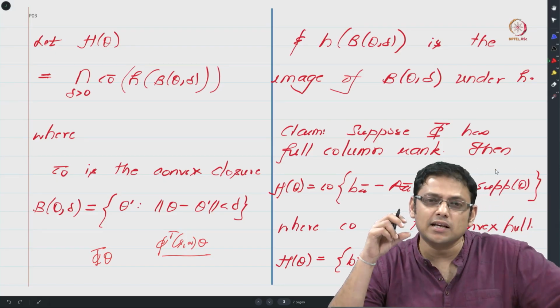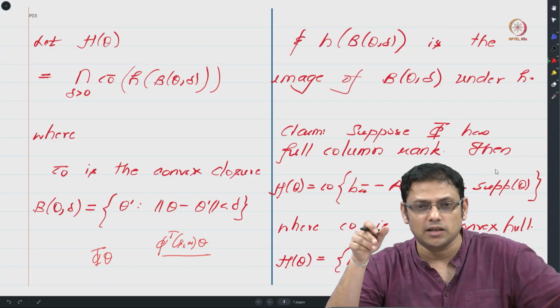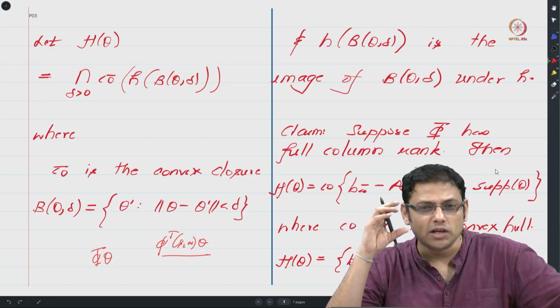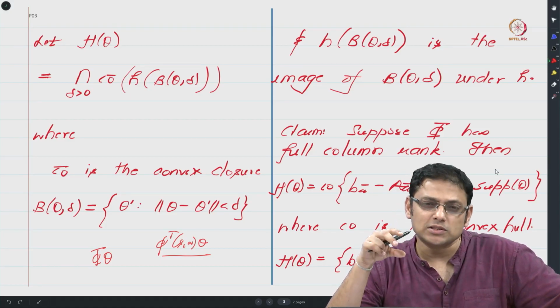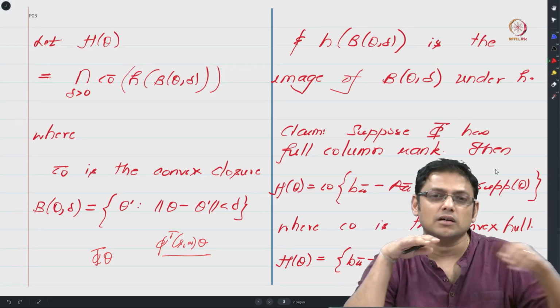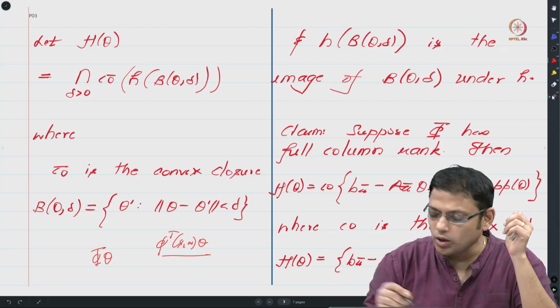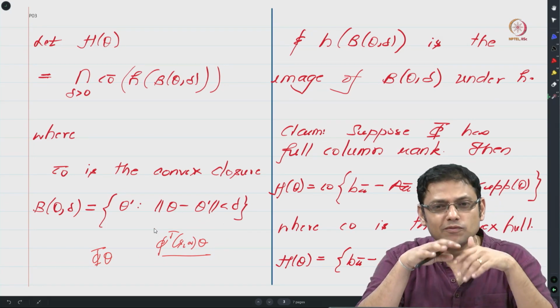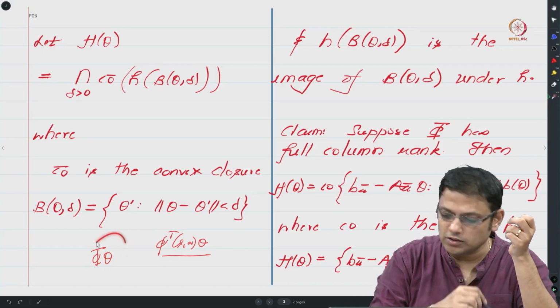support of theta is basically how many deterministic policies can be viewed as a greedy policy that is associated with phi theta. As we saw before, whatever phi theta you give, there will at least be one greedy policy. However, there is also a possibility that there are multiple greedy policies associated with the same phi theta vector, and these multiple greedy policies can arise when this quantity has the same value for different actions, in which case there could be multiple greedy policies that are associated with phi theta.